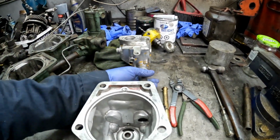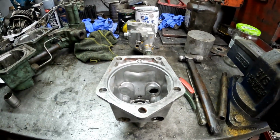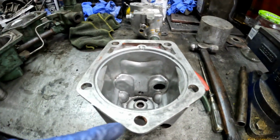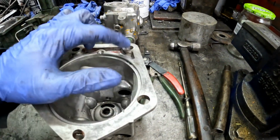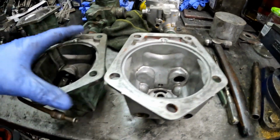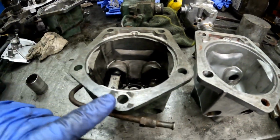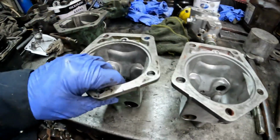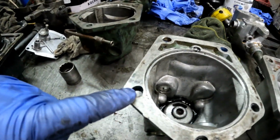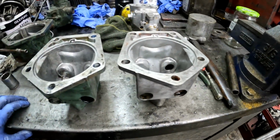But I found something very interesting. These holes are all out of round, so they should look like this. Nice and, you know, good true holes. So this is a silver housing. It is out of round as well, so it's had a very hard life. So what I'm going to do now,